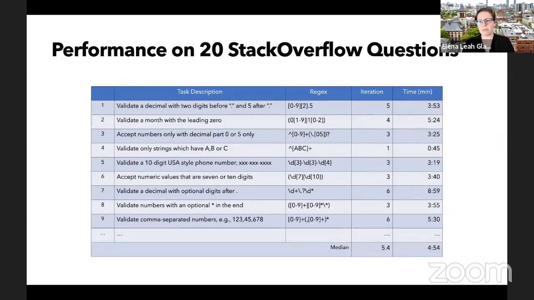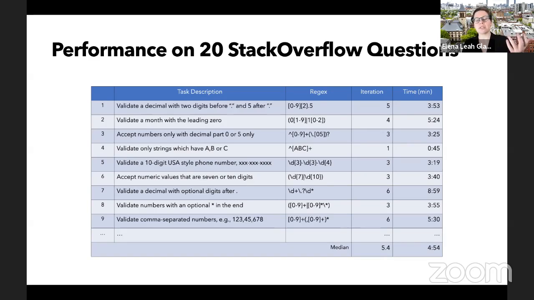So we also did what might be a more traditional evaluation of the power of this technique. Traditional in, say, research spaces where user studies are not a standard means of evaluation. And so we grabbed 20 Stack Overflow questions. The authors themselves tried to solve each one of them, timed themselves, recorded how many iterations it took. And so expert users, which are those on our author set, were able to, on average in 5.4 iterations, get to the answer, as well as in just under 5 minutes.